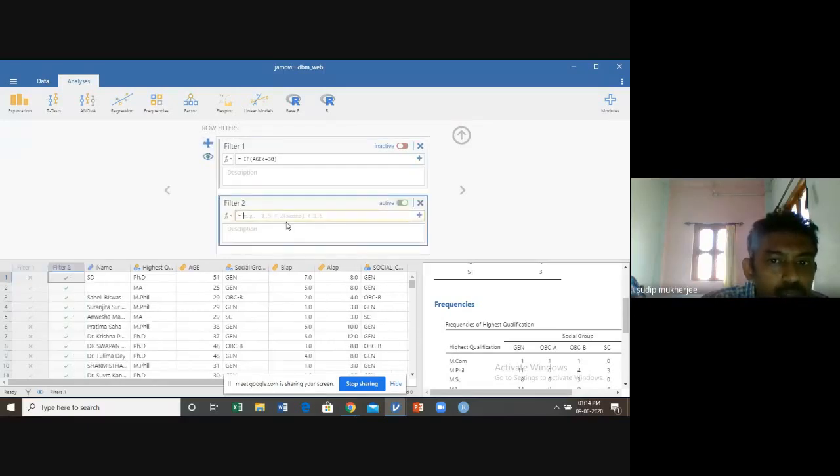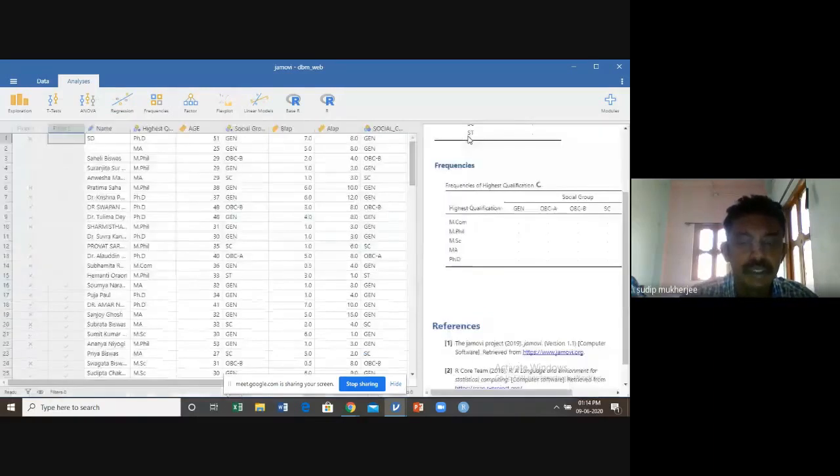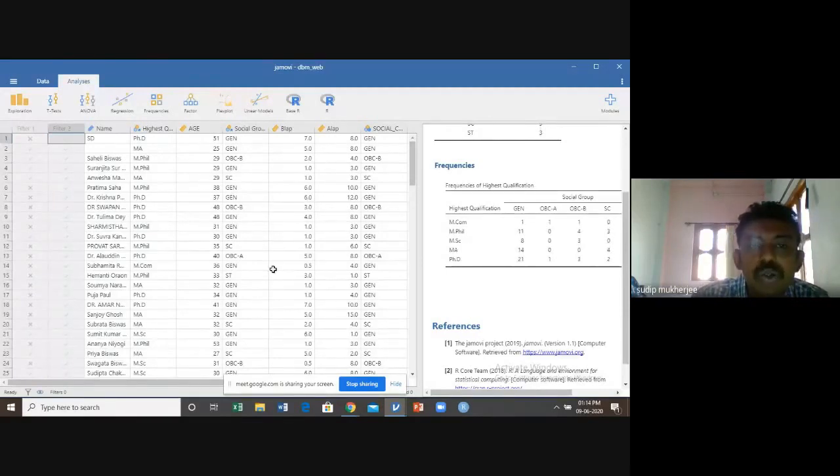If you want to add another filter, click on this plus. Automatically another filter option appears, which is named filter 2. So now our objective is not to use any filter option, so we simply make this inactive.